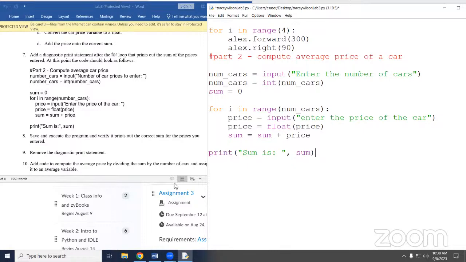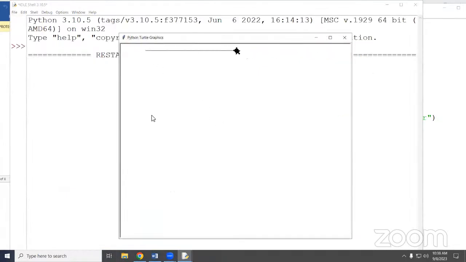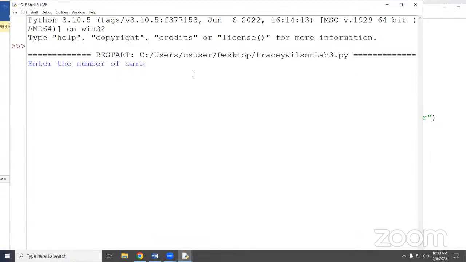Now, I could leave this tabbed over, and it's not going to come up as a compile error. It's going to run your box, and then you have to click back over here to finish running the rest of it. Let's say I'm going to put in 4 cars.